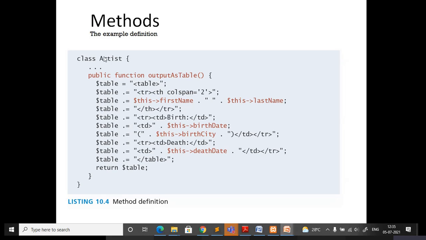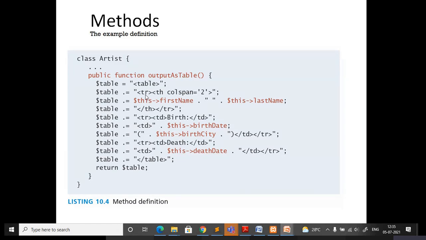So you can just observe here. Class artist, public function. This is a must. Normally in C++ we never use this keyword function, directly the scope followed by the function name. But here you have to use the keyword function followed by the function name.